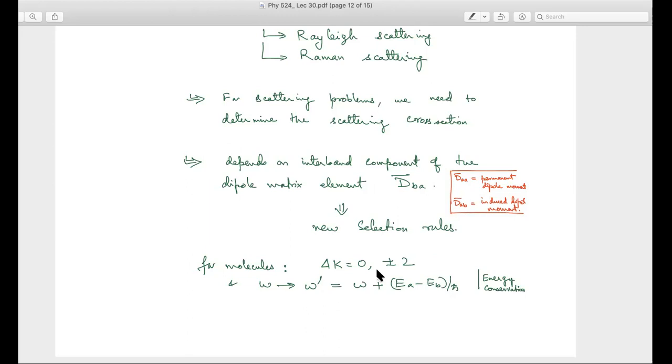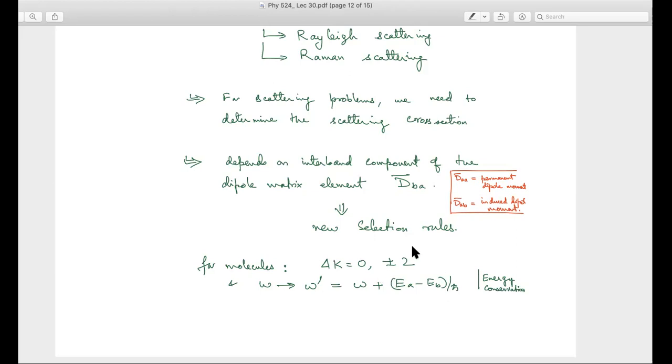And another condition I'll get for scattering is energy conservation. If I go from A state to B state by an incident photon of energy h bar omega and emitting a photon of energy, let's say, omega prime, I input a photon and the output is also a photon. Because of that, when the incident photon interacts with the material, I have to change delta K by 1, and then when the photon is emitted, again delta K changes by 1.